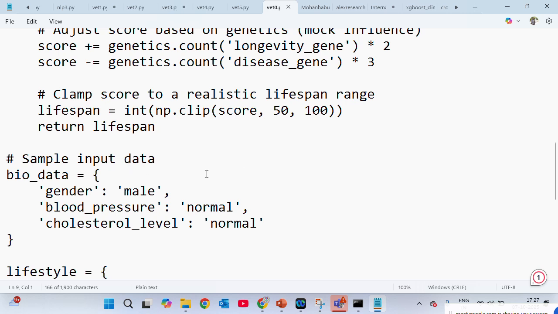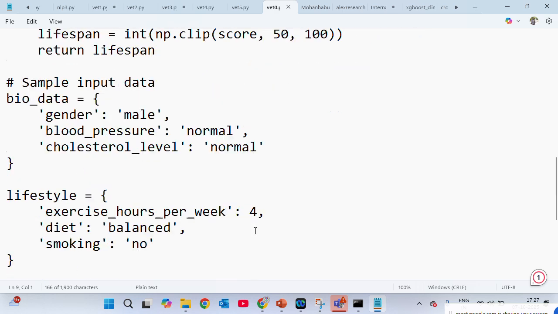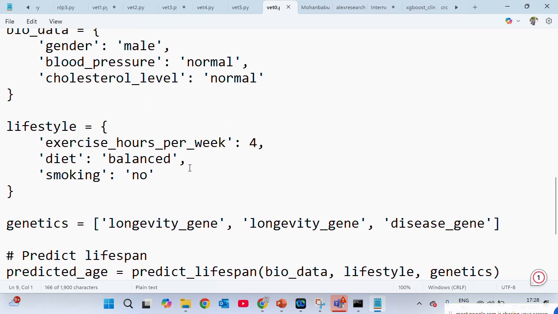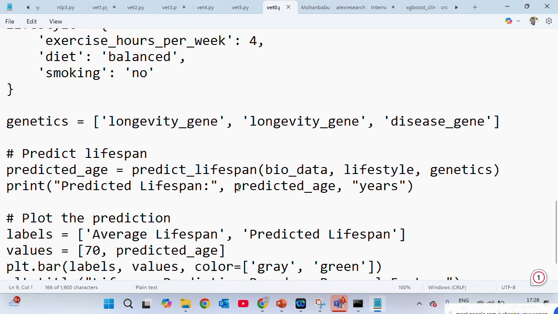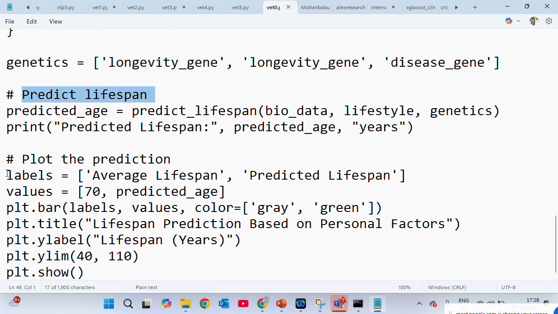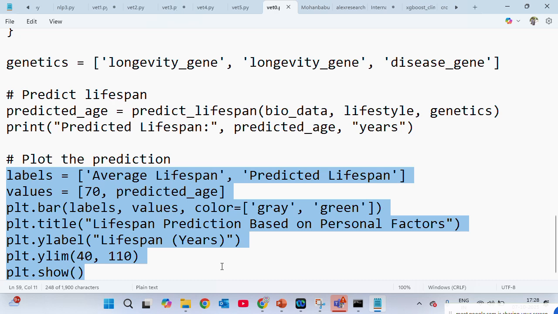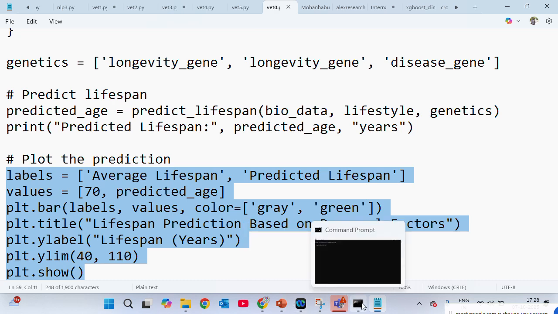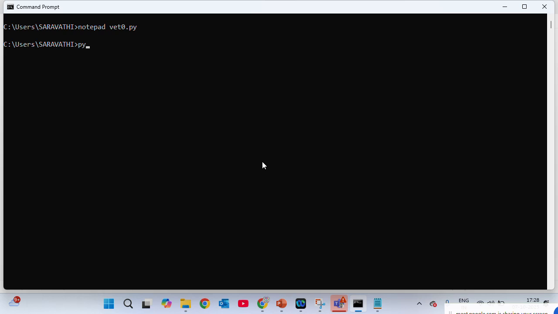The sample input data I'm taking is biological data: gender, blood pressure, body mass index, cholesterol, and exercise, diet, smoking, etc. And we are finally predicting a lifespan by using these different variables. So this is the way. Now I am executing python space wet0, that is the file name. So now I am getting the